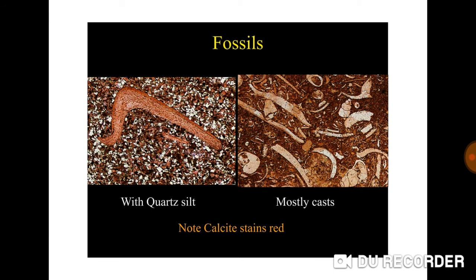Now let us discuss with the diagram how many types of allochems there are. The first one is fossils. Here you can see whole or broken skeletons of organisms. These may range in size from gravels to fine sands depending on the organisms and the degree to which the grains are broken by waves or during transport.